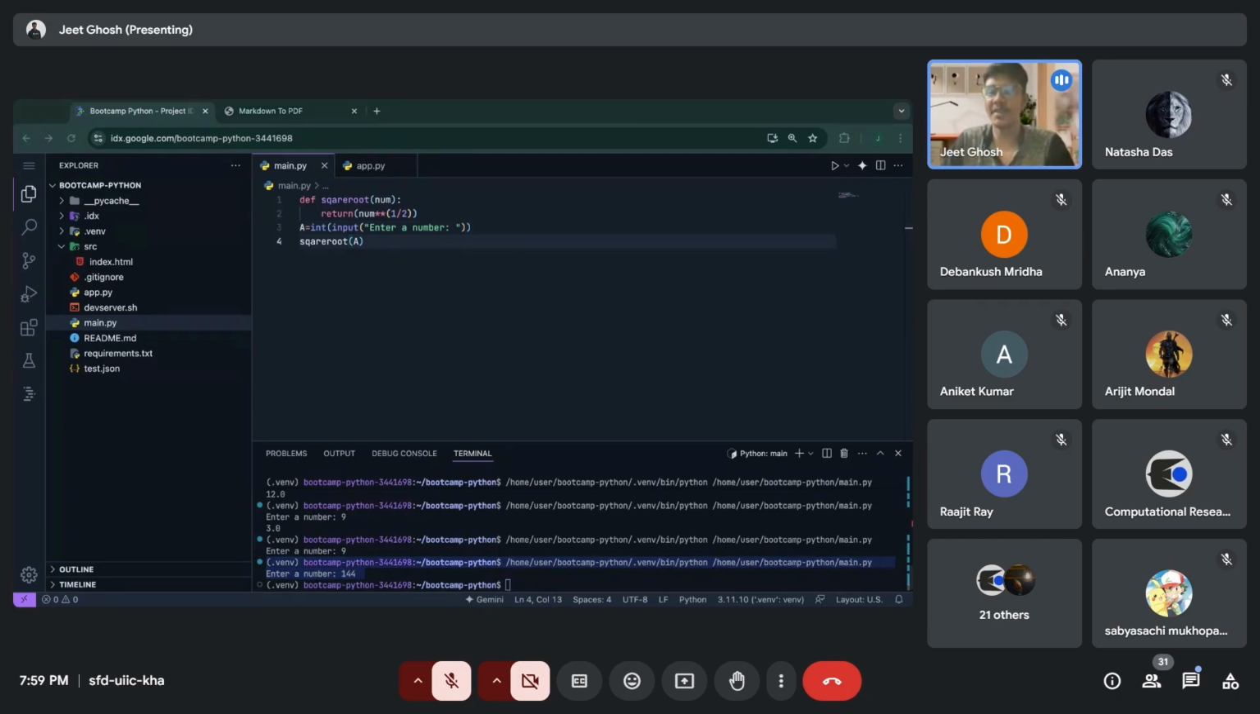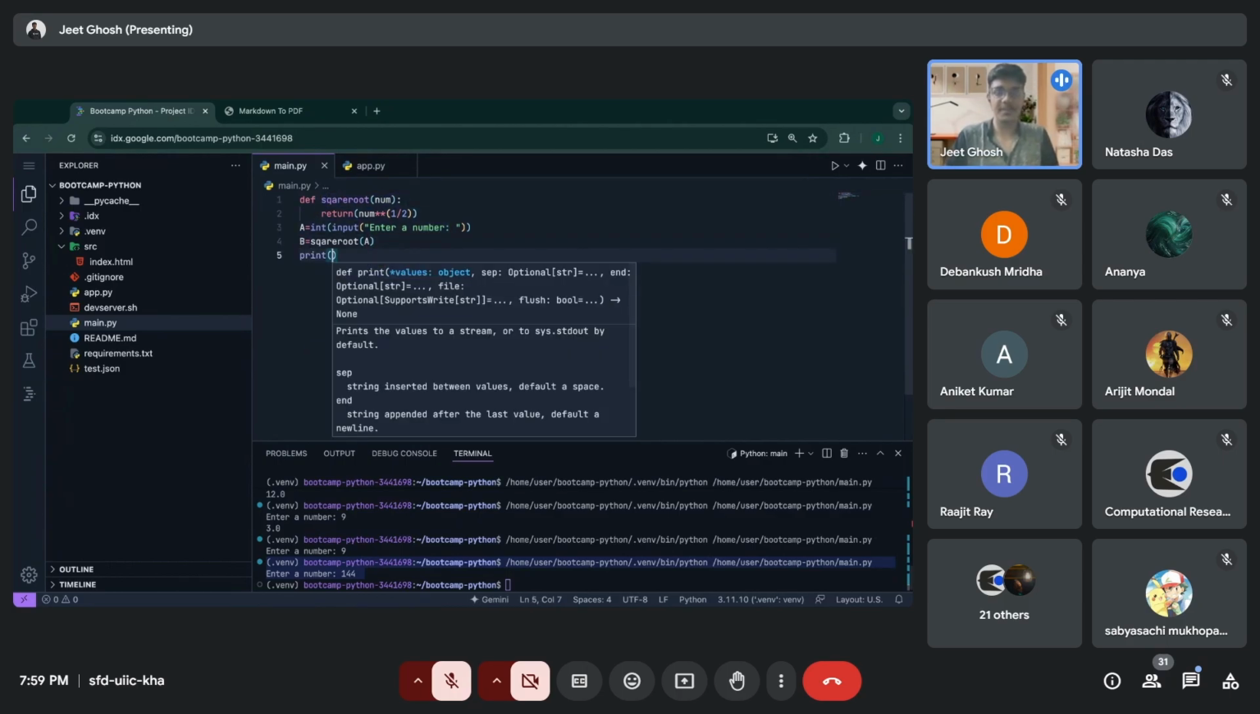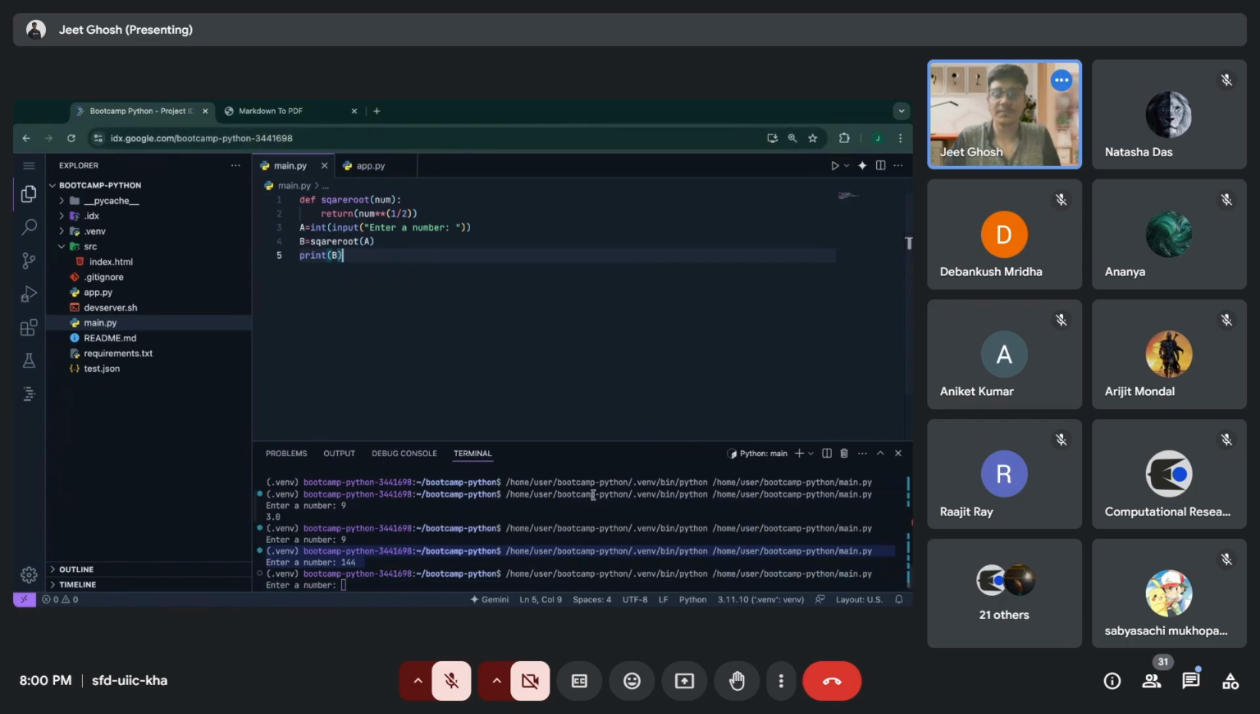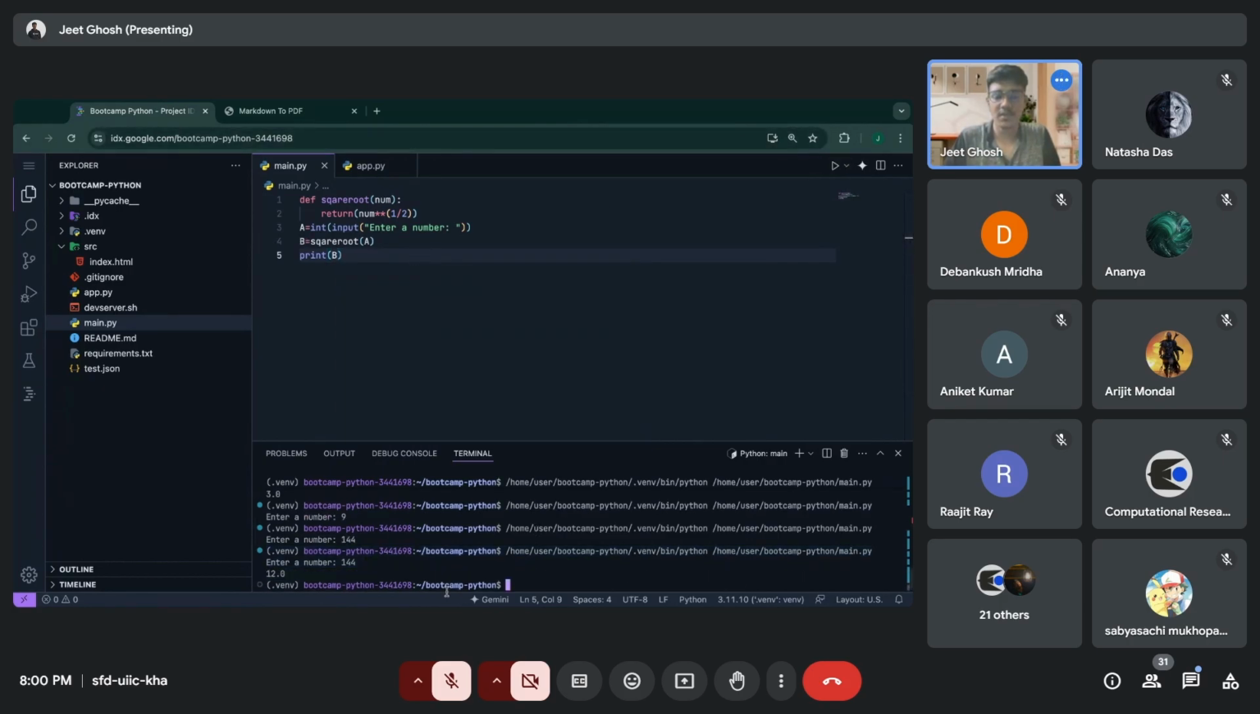Can anyone tell what return does? Okay, let me explain only. So this return function makes its own function, that is, the function in which I am using return, it gives back its actual value. If I take a variable, suppose b, so now the b gets the value whatever is calculated here, and now if I print b, you can see 12.0,